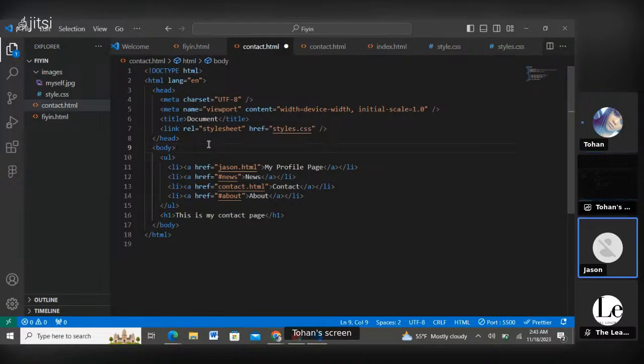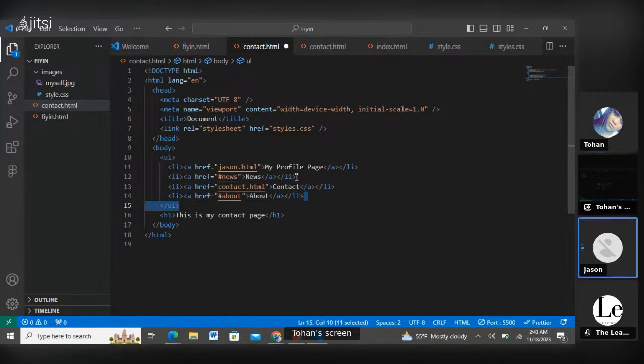Okay, so do it. You're going to do it both for your contact.html and for json.html. If you had a news.html page or a game.html page, then we would turn this one to game.html or whatever you want, or sustainability, whatever you want. But since we're just focusing on two,